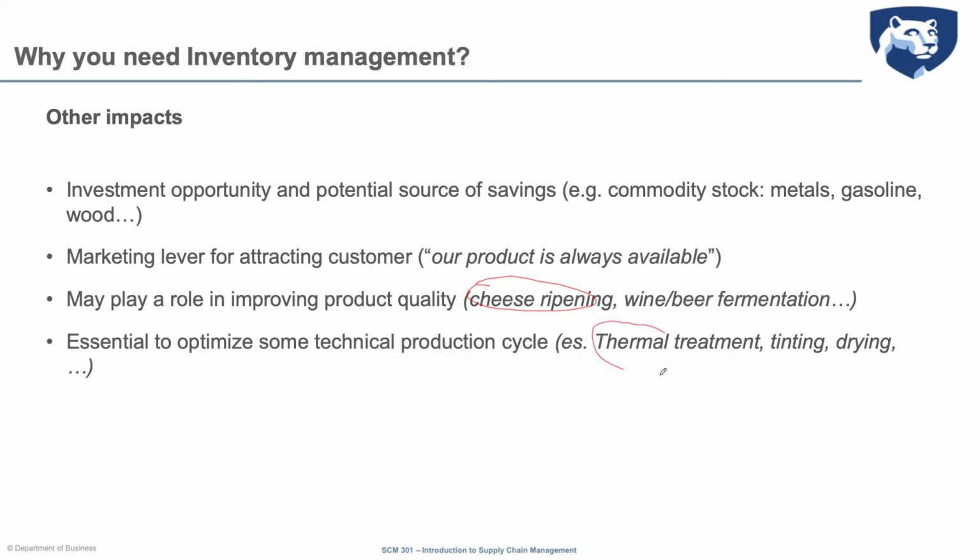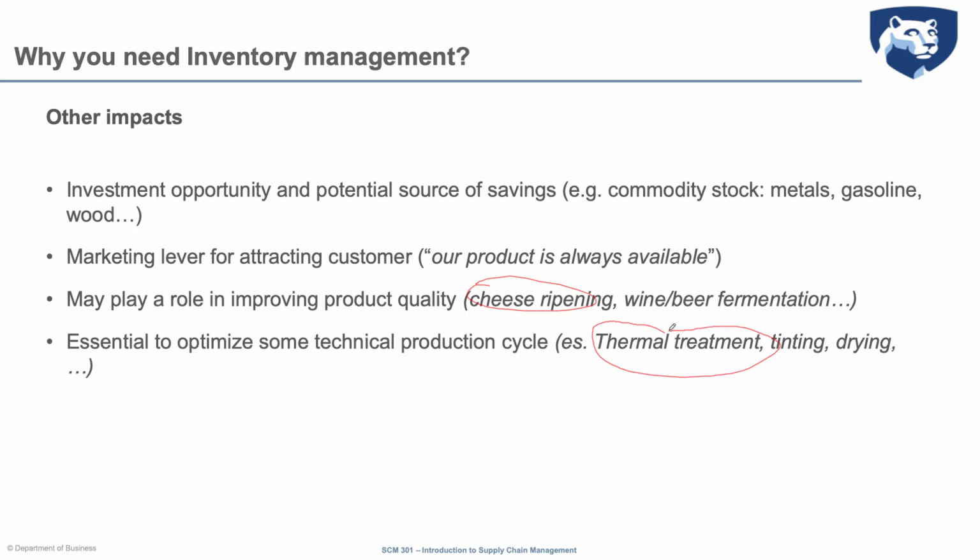Think about thermal treatment. When you thermally treat a particular product with heat or cold, you need some time for this product to rest and absorb the new chemical properties, the new condition state, and so that is a creation of inventory, and they need to stay, I don't know, 2 days, 3 days, 4 days. Think about metal. This is typical in the metal industry. When you forge a piece of steel, it goes through a heating oven